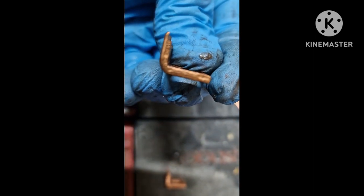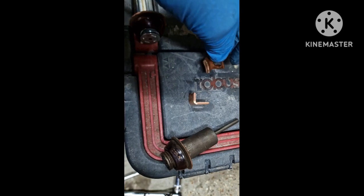Yeah, look at that wear on there. Look how thin that is on there. I would say that's where it's been arcing. If you look there at the copper, you can see where it's been melting, almost trying to weld itself together. And you can see on that,